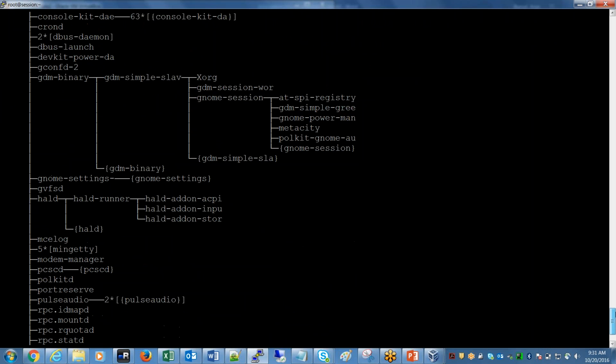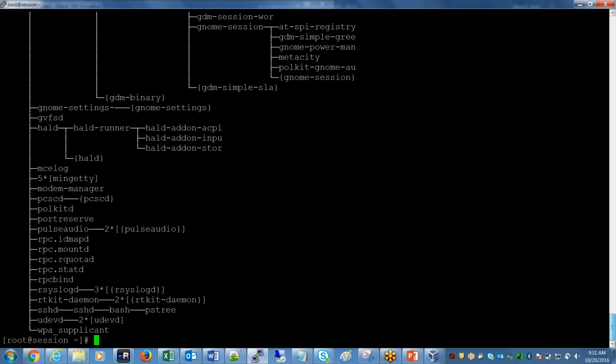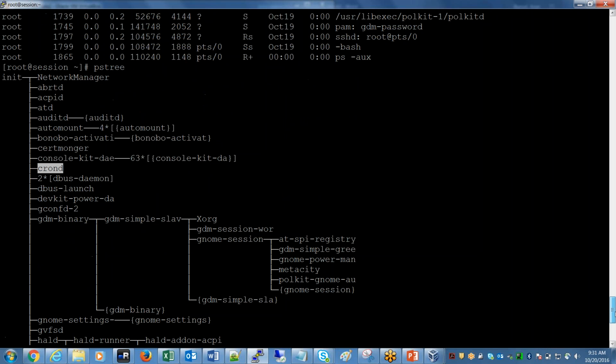These are all the processes which are run by init. Init is the first process of Linux, and the Linux kernel starts the init process, and the init process will take care of all the booting and starting of all the services, etc. So init has started NetworkManager and all these daemons like cron, right? And all these processes have been started by